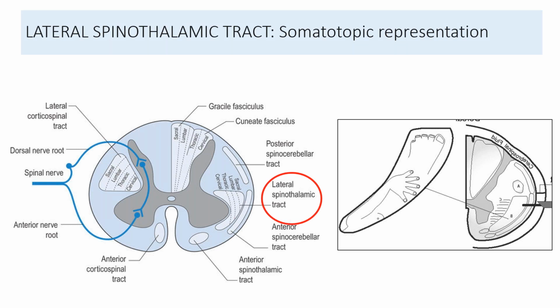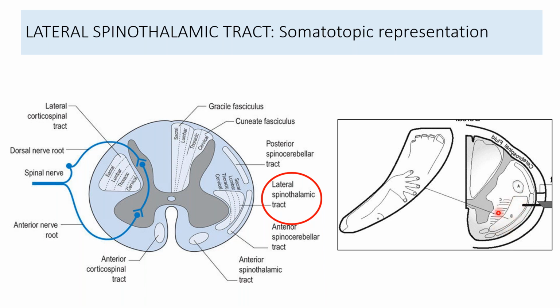So now we come to the somatotopic representation. The somatotopic representation of the dorsal column we had already seen, sacral to cervical. Now coming to the lateral spinothalamic tract, the sacral fibers will be more outer and the cervical fibers will be more inner. Now look at the same half over here. This is the representation of the spinal cord, and this B is denoting the lateral spinothalamic tract.